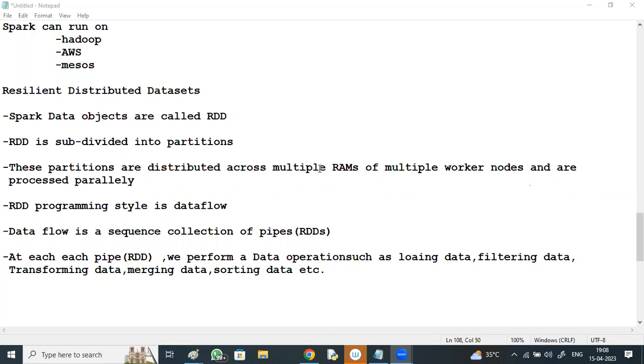In tomorrow's session, I'll briefly compare Spark with other technologies, why only Spark can give very high speed processing, and apart from that, Spark data objects and how exactly the processing happens at the Spark level, RDD computations. My discussion will be on that.